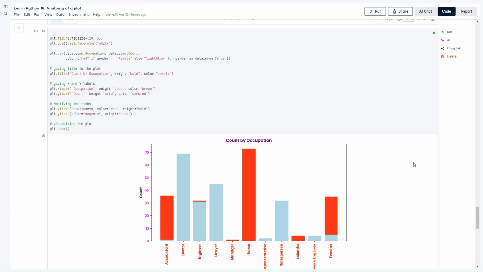So you can see that even after creating a plot of your choice, you have a lot of options to modify things in your plot. And there are different ways to achieve the same result using different libraries as well. Here we focused on the matplotlib library, and we have seen how we can modify the different parts of the plot